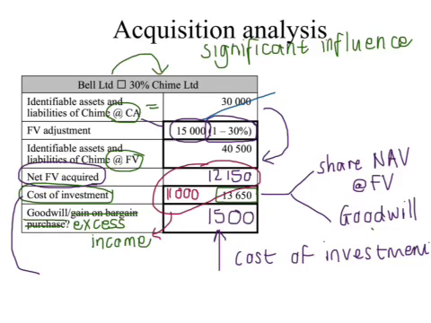These depreciable assets were expected to have a further 5-year life. But because we've included in our cost of investment the fair value of the assets and liabilities acquired, and the fact that this fair value adjustment is a notional adjustment, so it's not made in the records of the associate, but only when we calculate our share of the net fair values acquired,